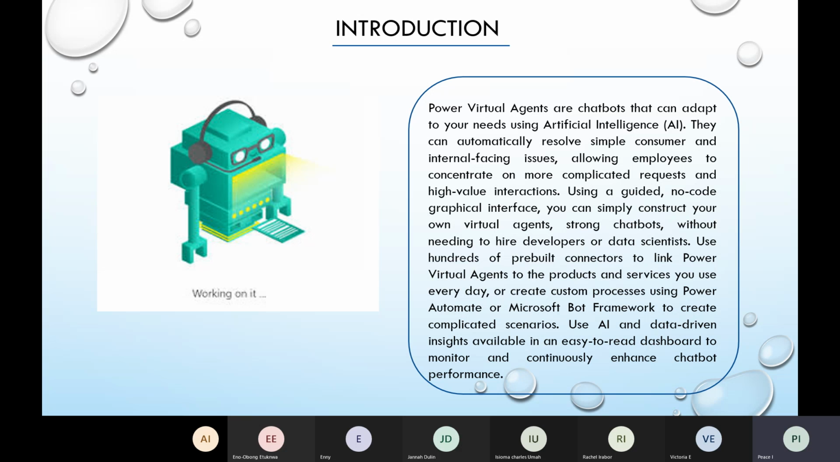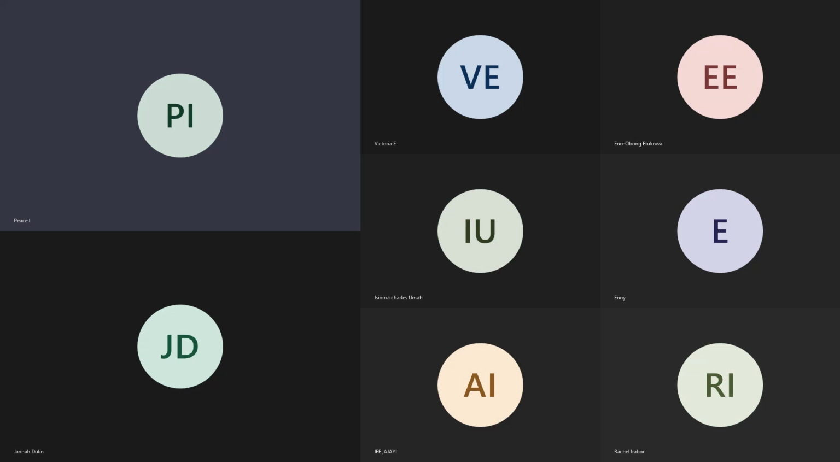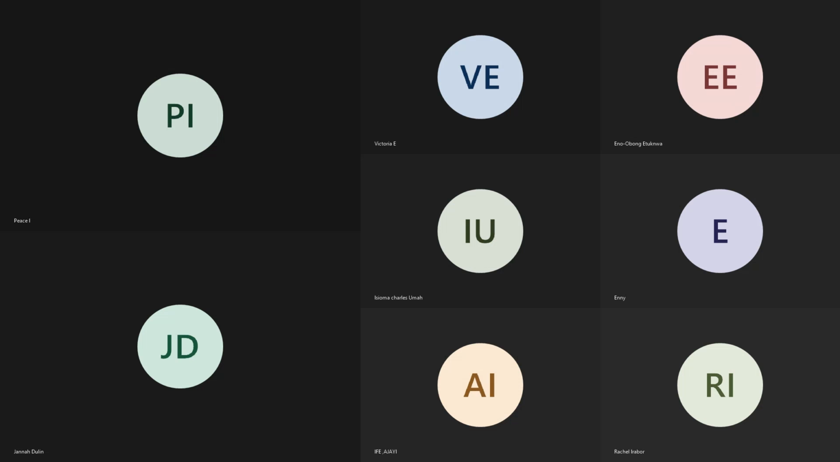Okay, so basically, I was saying Power Virtual Agents are basically chatbots, right? That are able to adapt to our need for artificial intelligence. So Power Virtual Agents is like the platform. You create chatbots